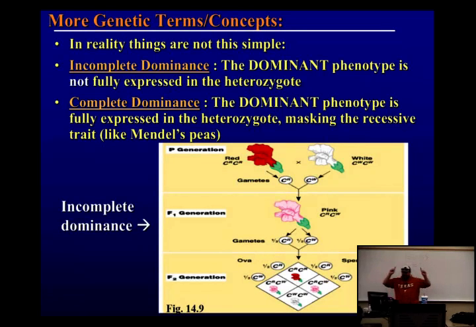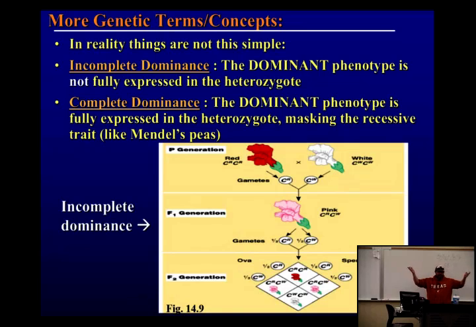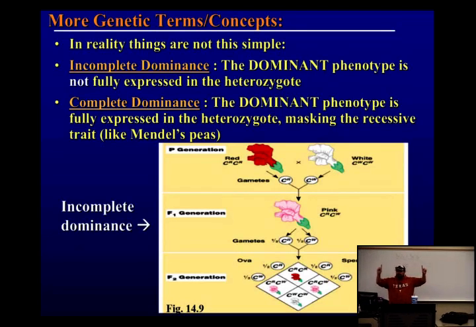So we have 2 animals, guinea pigs, whatever, tribbles. One's red, one's blue. You do a cross, and their offspring are all purple, right? Red and blue make purple. You self them, so you cross 2 purples in that generation to each other, and you get 1 red, 2 purple, 1 blue. What is that an example of?